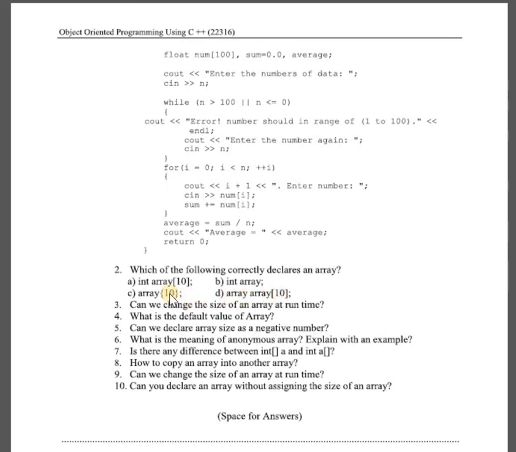What is the correct syntax? This one, because our one-dimensional array syntax tells that first we want to specify the data type, after that the array name, and then in square bracket we want to specify the size. So the correct answer is A. This way you want to solve these 10 questions. You can refer to the notes and other materials like PPT. You can solve these questions easily.